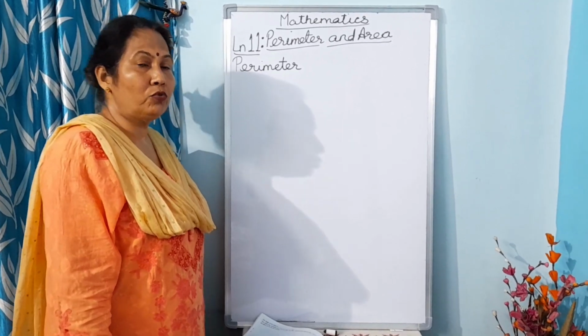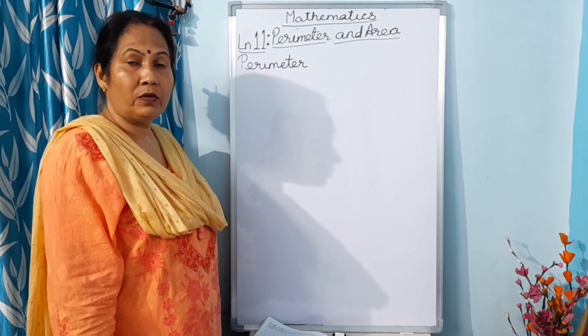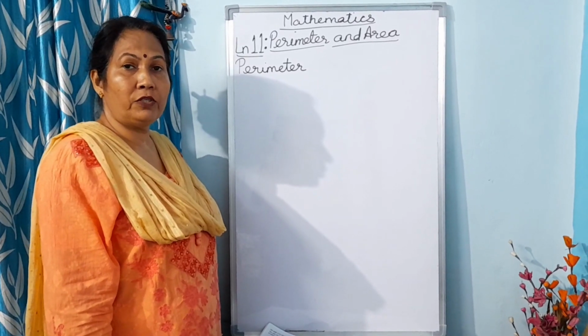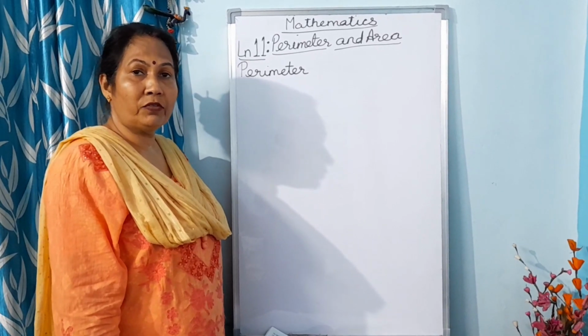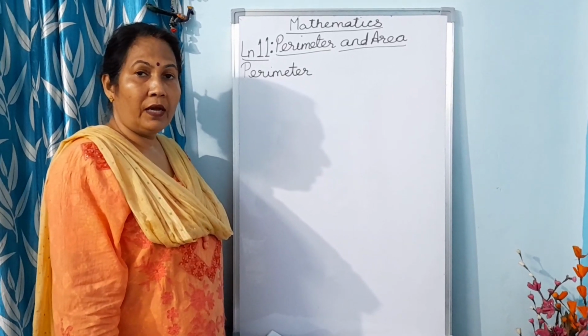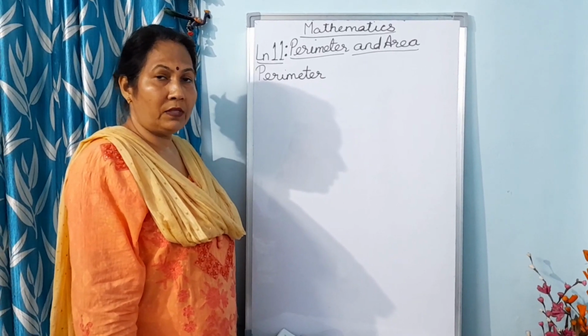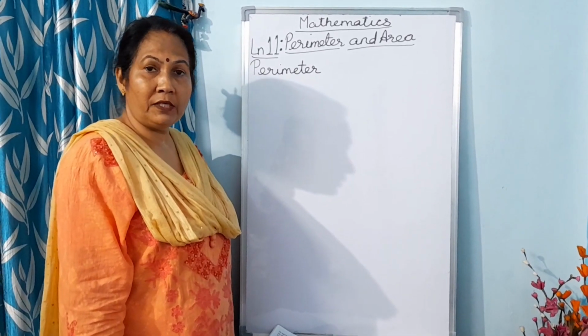Now we are going to do the next chapter, lesson 11. Children, I have not been able to send my own video for money. So I have sent you the animated videos. I hope you have understood and the exercises also. Please do that. Now after that we have this chapter, perimeter and area.